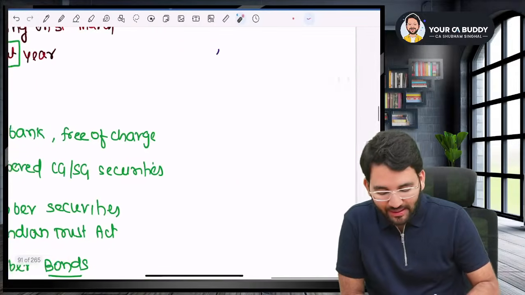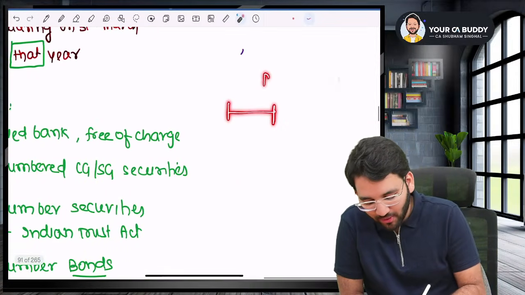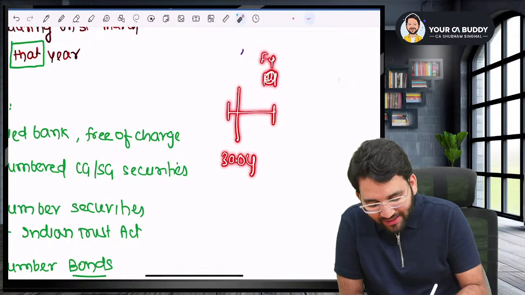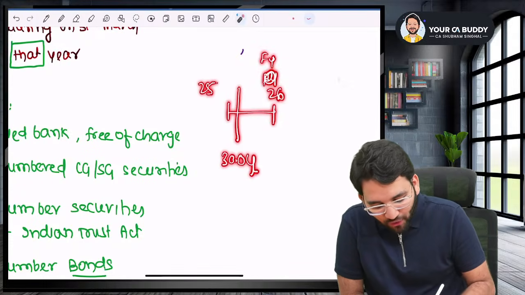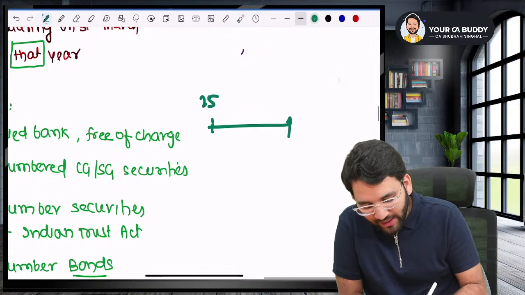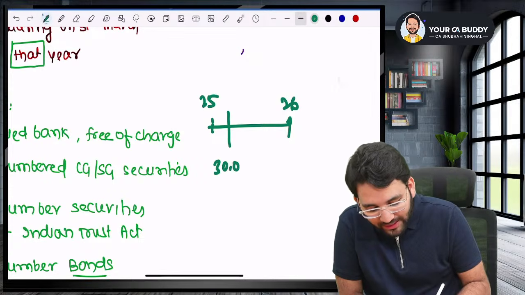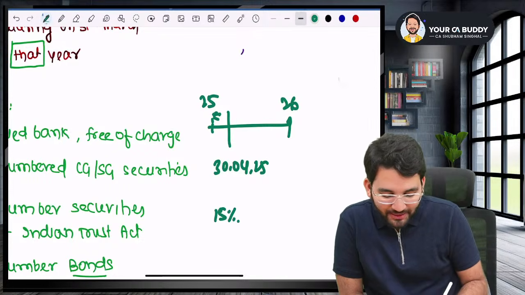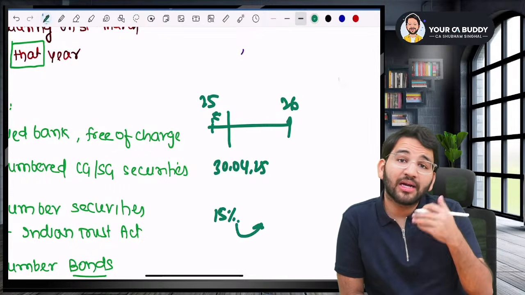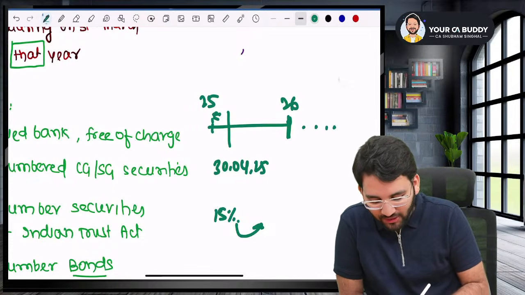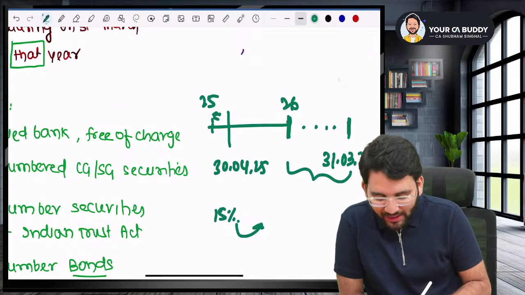Sir, what did I say? Sir, you will have to stand in the previous year. Okay, in a financial year. So on or before 30th April, let's say financial year 25-26. So before 30th April 2025, let me use a better pen. So this is your previous year, 25-26. Now on or before 30th April 2025, you will have to invest 15% of the amount maturing by 31st March of next year. What is 31st March of next year? So this is current year. 31st March of next year will be 31st March 2027. What is the amount maturing in this year?